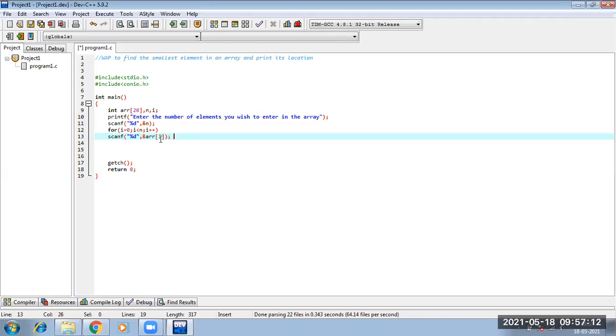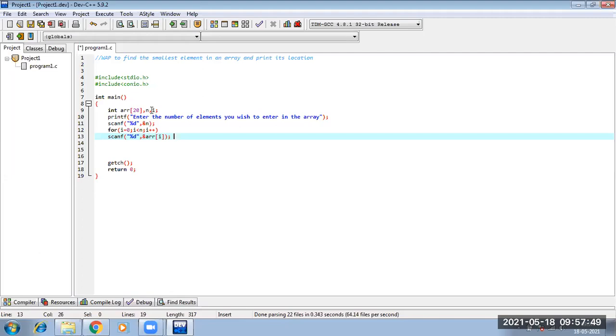Now, since I have used this integer variable i, I need to declare this i also, because each and every variable which I will be using, I need to declare first. So see, I have declared i. And why have I declared n, i, array all in one line? Because everything is integer. The number of elements you wish to handle will always be an integer. It cannot be that I wish to handle 6.5 elements or 9.5 elements. No. You need to provide a whole number, an integer.